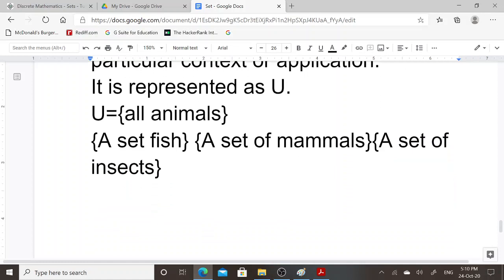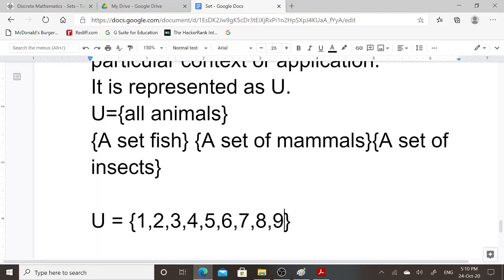If you consider a numerical form, if universal set is a set which contains all positive integer numbers less than or equal to 10, that is 1, 2, 3, 4, 5, 6, 7, 8, 9 and 10.